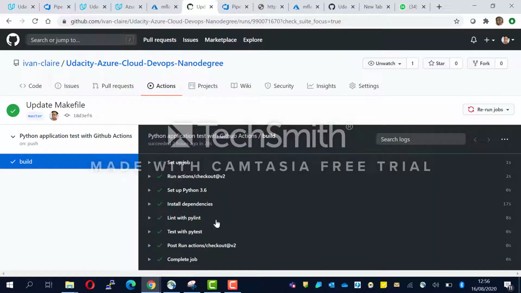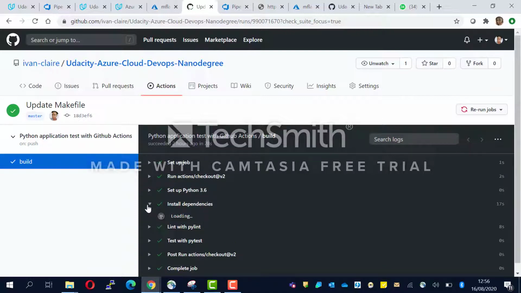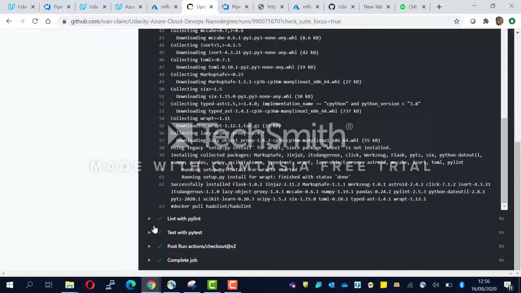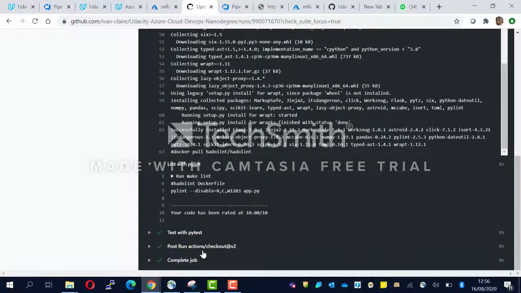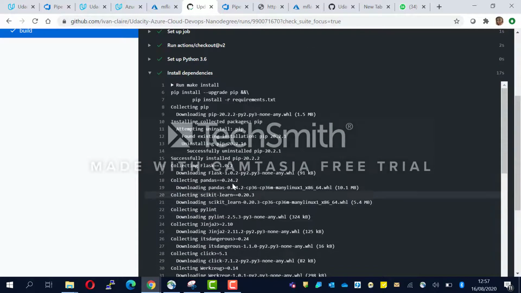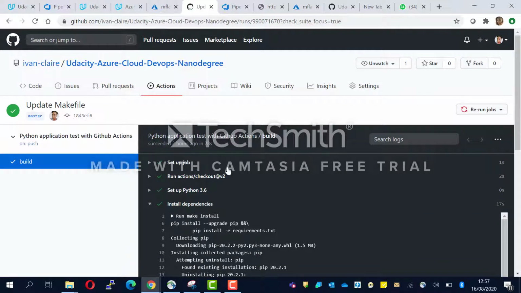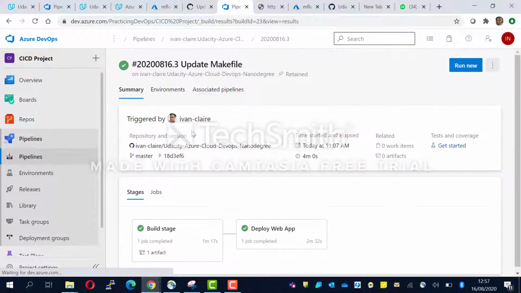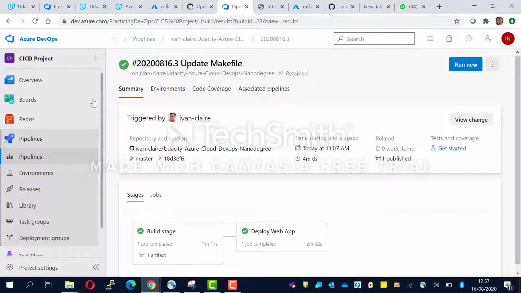And here we have the steps in the makefile, where we install the dependencies. We installed dependencies, did linting, ran the tests, and everything worked well, and the job was successful. After this, it begins running the pipeline. So you see it's the same update makefile action commit that was done, and here we have the build